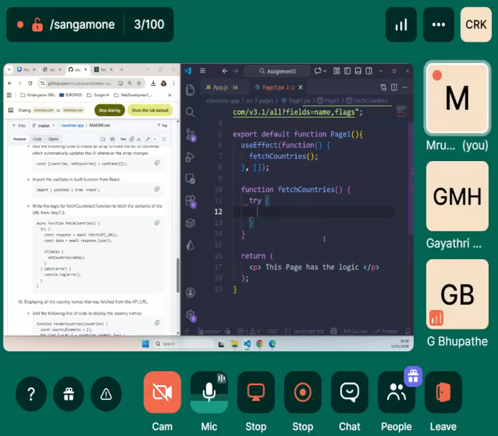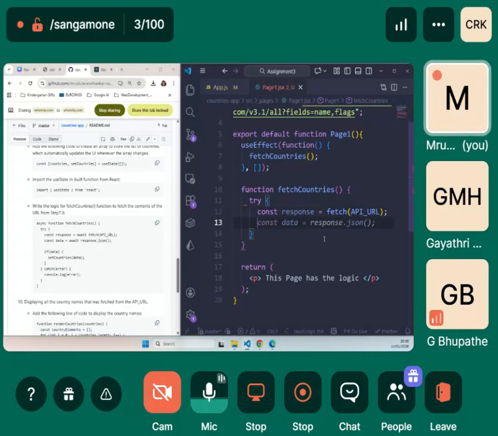We will try to fetch the data from the API URL. So we will say const response is equal to fetch from the API URL. We have already defined it, correct? Yes, we did. So we are going to fetch it.